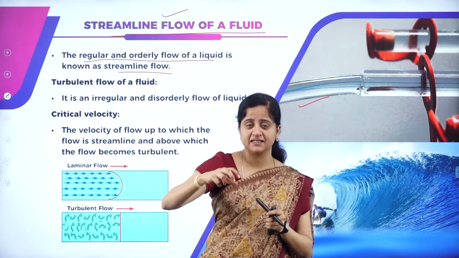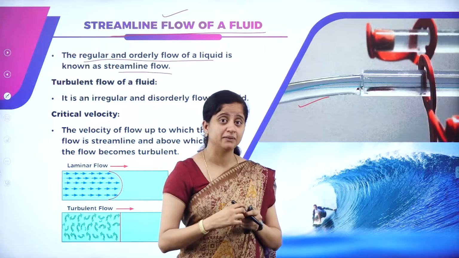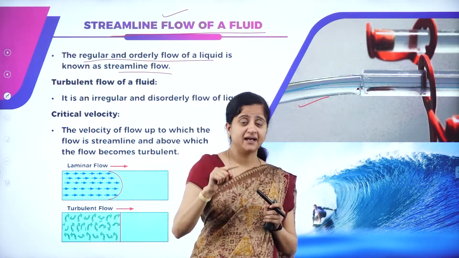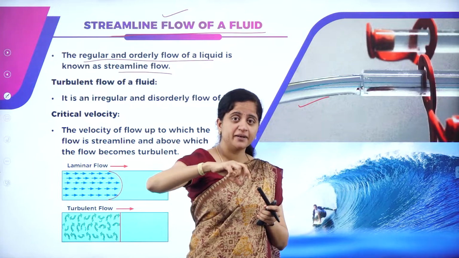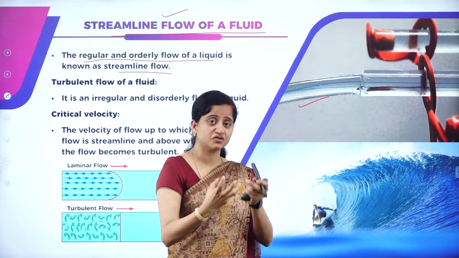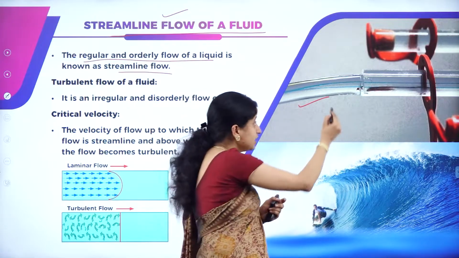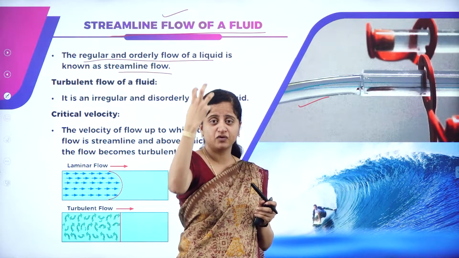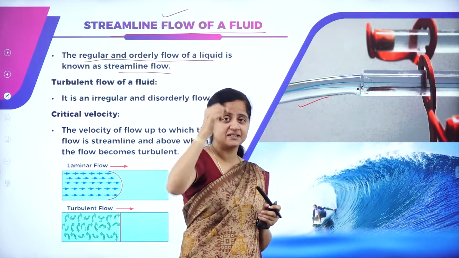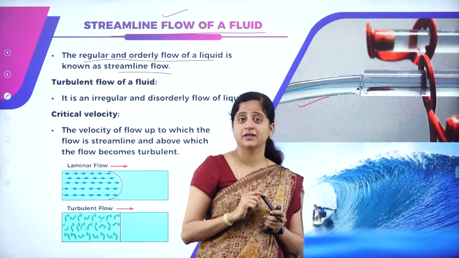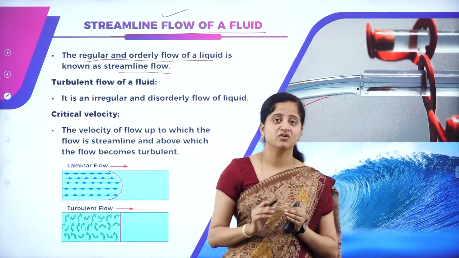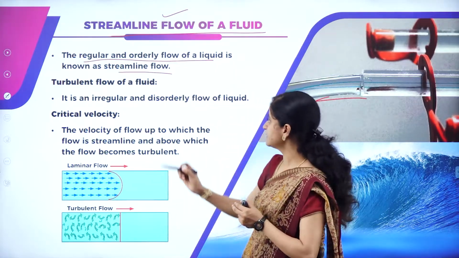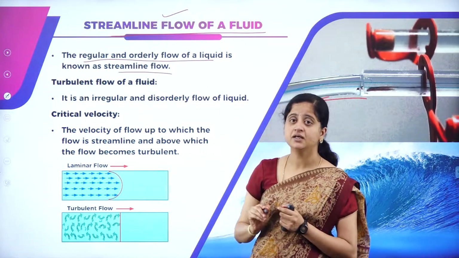As the tap is released more, the force of the fluid will be more, and we can observe the flow is not so regular like this. As the tap is released more and more, the flow will increase, the force of the water will increase, where we cannot observe the soft or the smooth flow of a fluid. Then the water starts flowing so forcefully, which results in the formation of eddies and vortices. So the streamline flow can be understood by considering this soft flow of water. It says that it is the regular and orderly flow of a liquid.